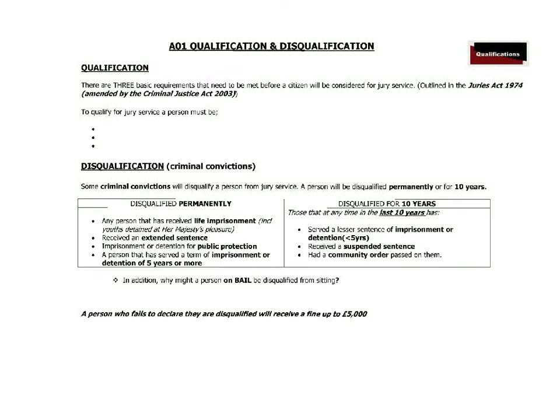Right, so we're looking at juries here then, and it's the second exam question that can be asked on juries. It is the qualifications, disqualifications, others, selection, vetting and challenging. So in the exam it would be questioned like, discuss the qualifications required to sit on a jury and how